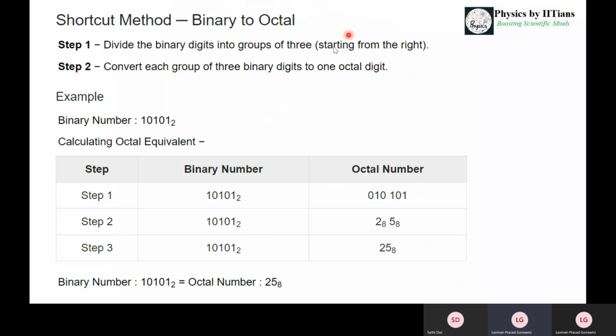For converting a binary number into octal, we will separate the digits of the binary number into groups of 3 digits. Like 10101 can be grouped as 010101. So we are taking a group of 3 digits, like 101, and here only 10, so we put a 0 here. So this 101 is equivalent to 5 and this 010 is equivalent to 2. So we have 25 as the octal equivalent of 10101.